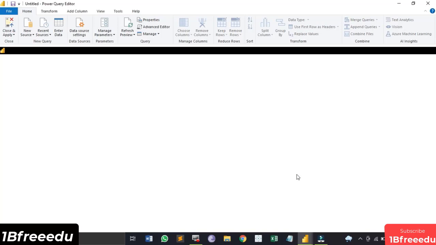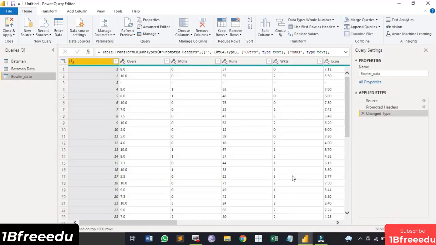And for the bowlers also, we are going to create a duplicate because we don't want the values to change just as we are changing or selecting some things in the drop down. Let's just remove the things which we don't need. We need this overs value, we need this maidens value, we need runs value, we need the wickets value.